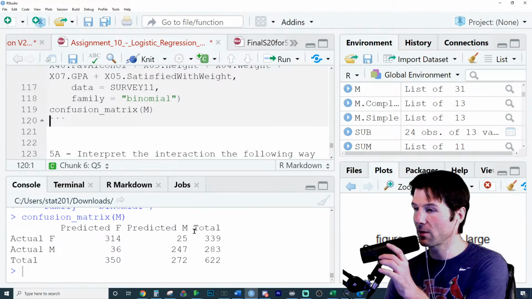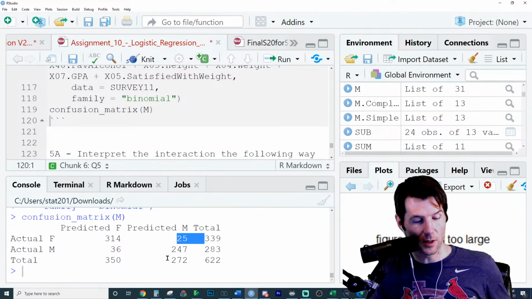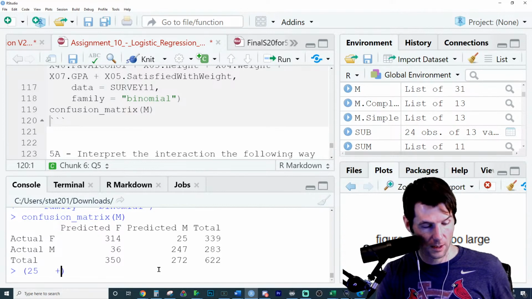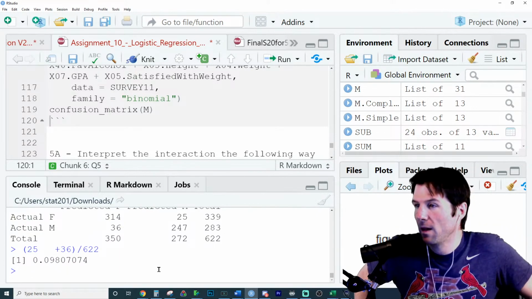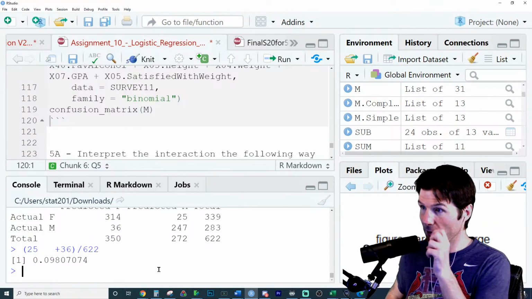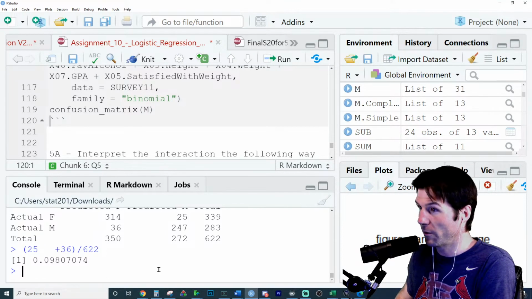We'd have to look at this right here and see how it does. We might be overfitting the model. I don't know. But at this point, our misclassification rate is going to be less than 10%. So we're doing a better and better job at classifying people accurately by taking in more X variables. We might also have a problem with overfitting our model.